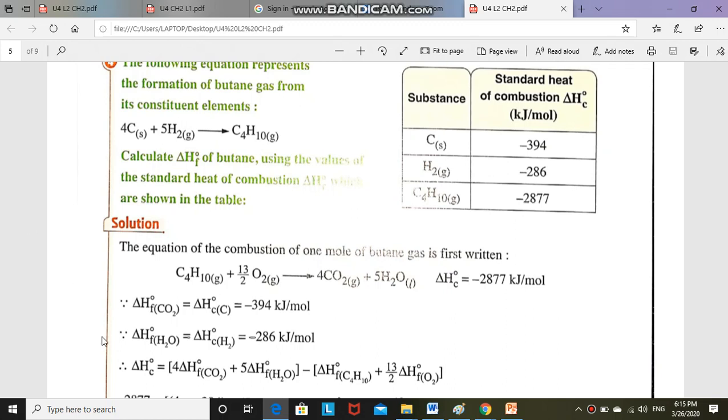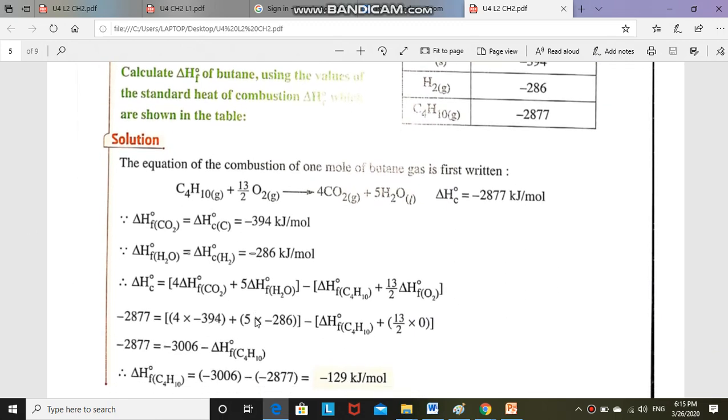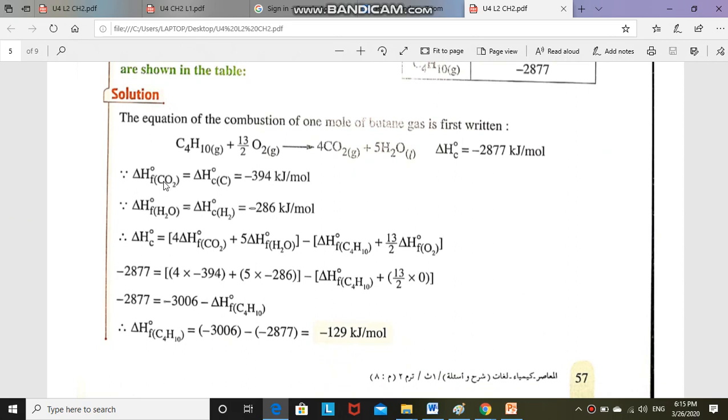So we add delta HF for carbon dioxide equal to delta HC for carbon, so it equals negative 394 kilojoule per mole. Delta H formation of water